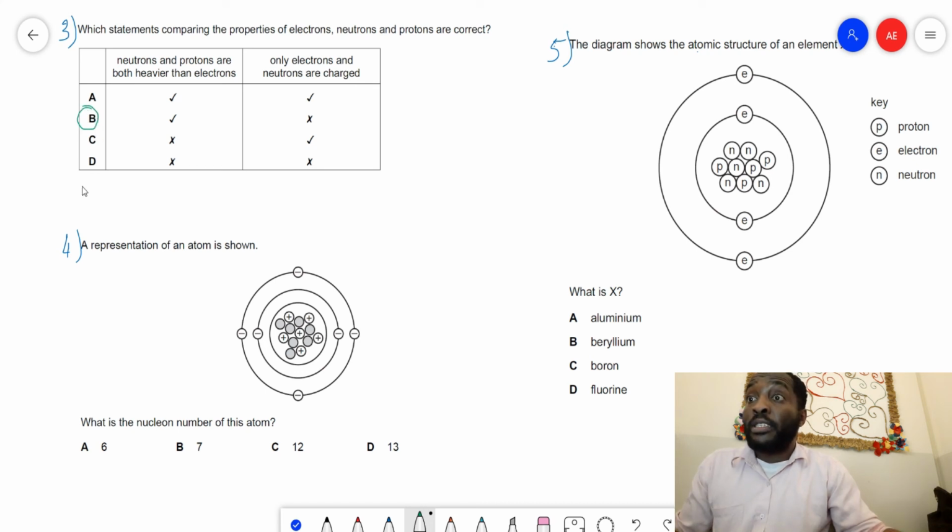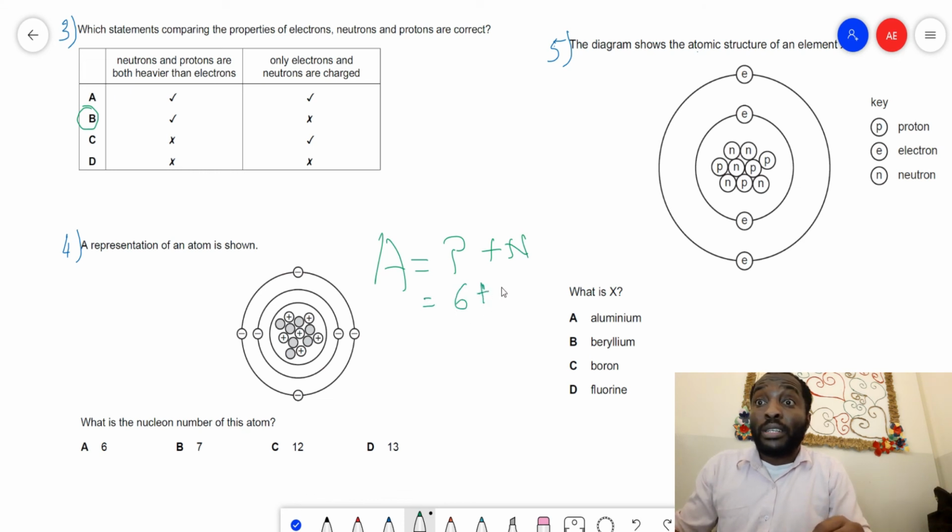Question 4 says, a representation of an atom is shown. What is the nucleon number of this atom? Now, the best way we can solve this question is we just need to count the number of protons, which we have as positive there. First of all, count them, and then we count the number of neutrons. We know that the nucleon or the mass number is A equals P plus N, which is 6